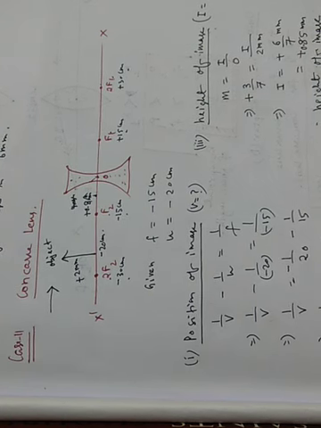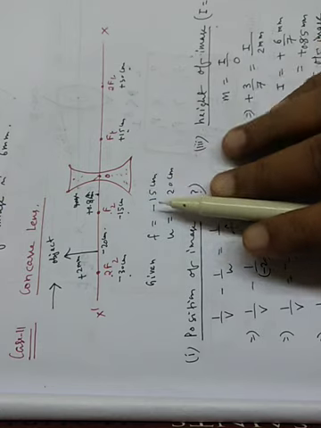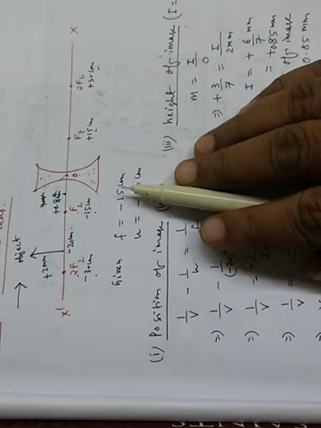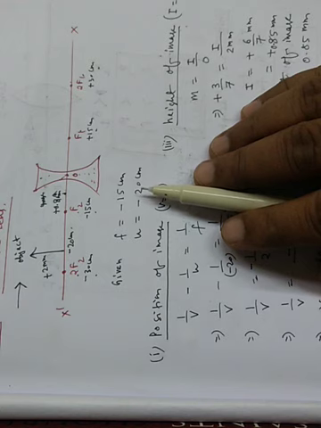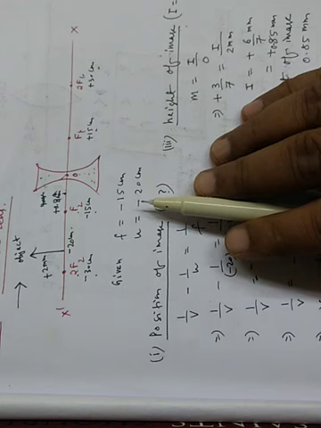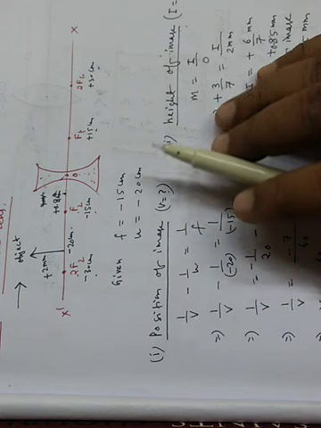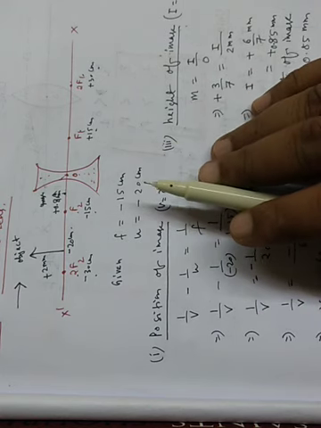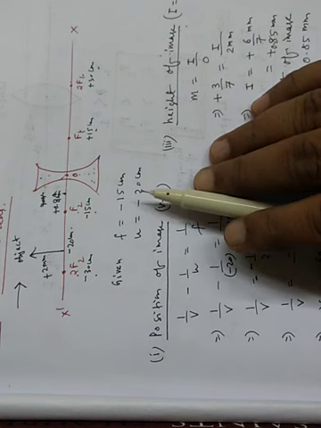In that problem, a concave lens is given to us. Data is also given, the focal length of the concave lens and its object position. And we have to find the position of the image, the nature of the image and the height of the image. Object height is given. First you recall what steps we have to take.